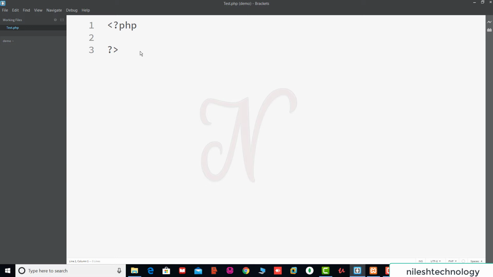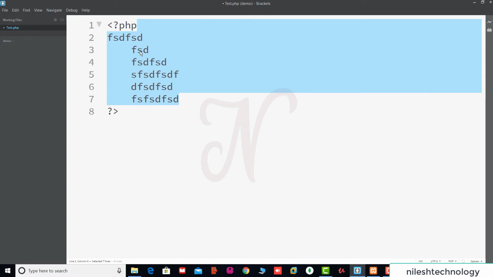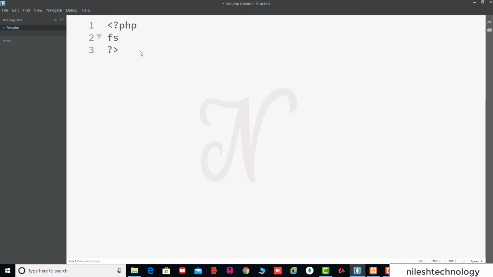Whatever you write in this tag, this code is entered in the PHP script. PHP is a scripting language. For every scripting language there is no main method. You can directly write your code in this script.